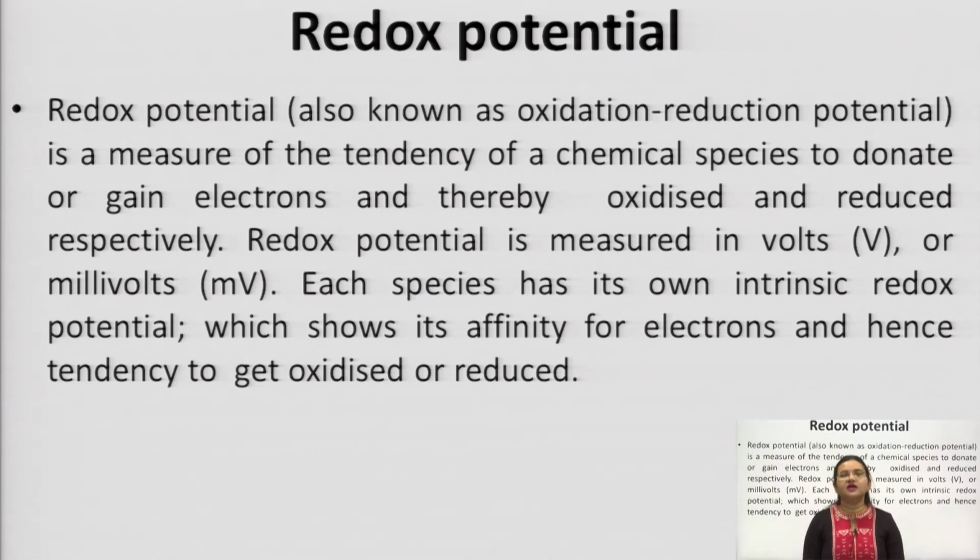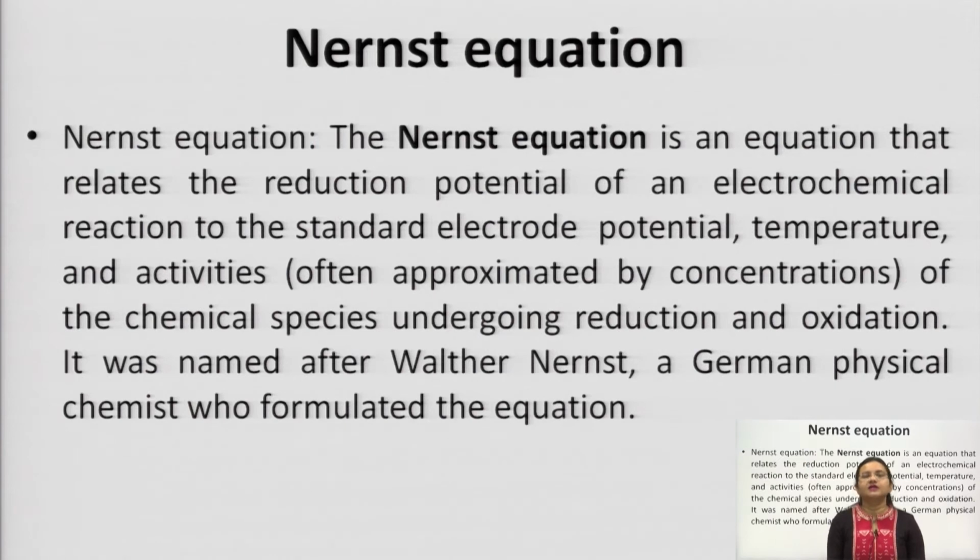हम उससे गवर्न कर सकते हैं कि कौन सा जो आपका रिएक्टेंट है वो कितना ऑक्सीडाइज हो चुका है और कौन सा जो रिडक्टेंट है वो कितना रिड्यूस हो चुका है. सो रिडॉक्स पोटेंशियल इट इज मेजर्ड इन वोल्ट्स और मिली वोल्ट्स. ईच स्पीसीज हैज़ इट्स ओन रिडॉक्स पोटेंशियल, और वो डिपेंड करता है उसकी एफिनिटी टुवर्ड्स द इलेक्ट्रॉन। उसकी जो एफिनिटी, उसका जो टेंडेंसी है, नेचर है इलेक्ट्रॉन्स को गेन करने का या लूज करने का, उस पर डिपेंड करता है आपका रिडॉक्स पोटेंशियल या फिर पूरे रिएक्शन की इंट्रिंसिक रिडॉक्स रिएक्शन पोटेंशियल।